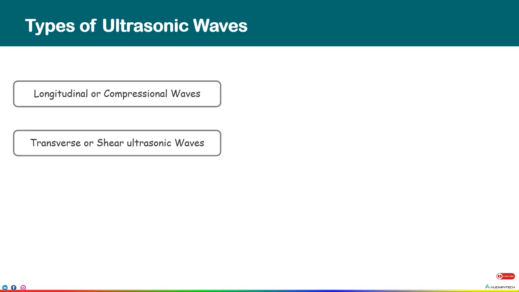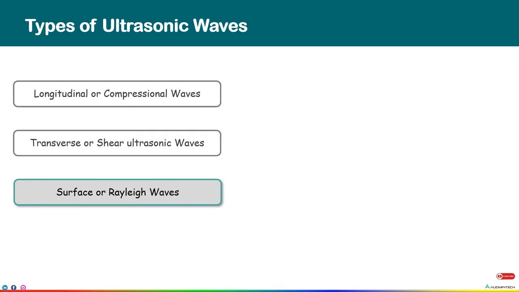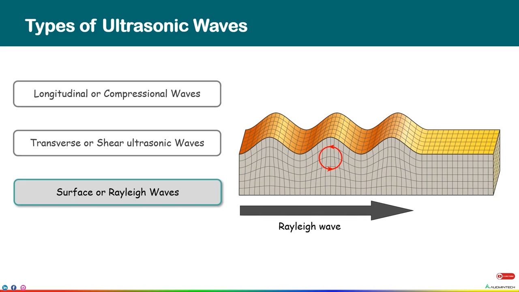Moving further, the third type of wave is the surface or Rayleigh wave. Surface waves travel along the flat or curved surface of thick solids without influencing the bulk of the medium below the surface. The depth to which these waves propagate below the surface with intensity is approximately equal to the wavelength of the wave. Practically, all of its energy is attenuated within this depth. These waves are used to detect cracks or flaws on or near the surface of the test object.